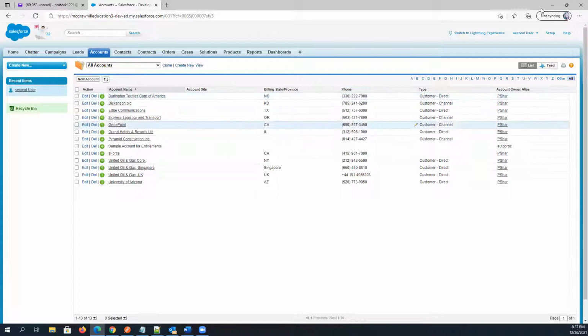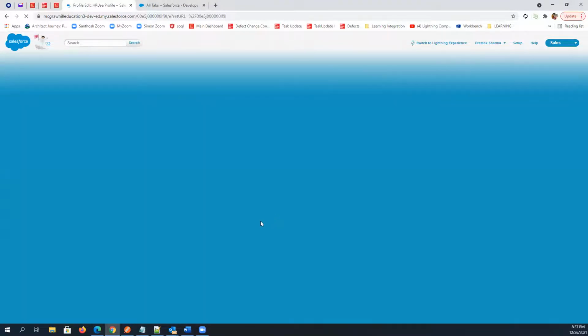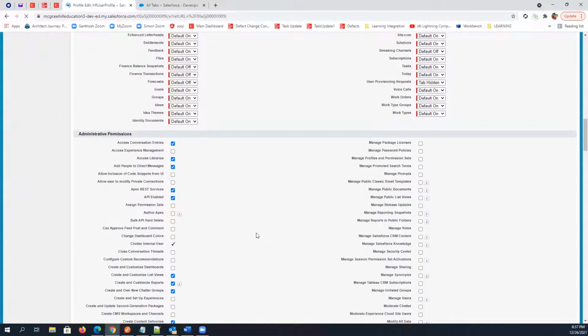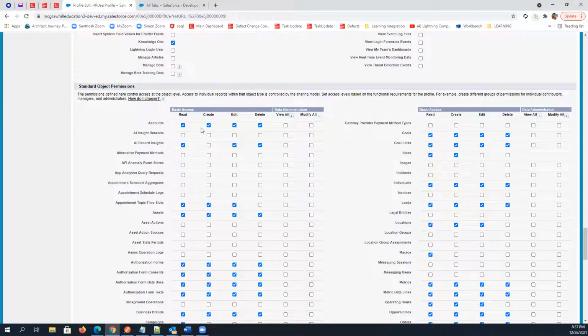So what you will do, you can simply edit their profile, scroll down, and in the standard object permission section, so this is the account, read and create, I will leave read and create as it is. I will remove edit and delete, right? Clear, everyone?